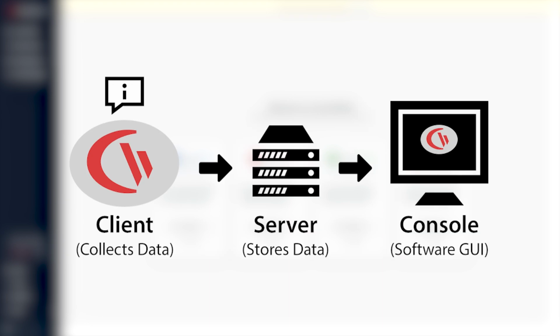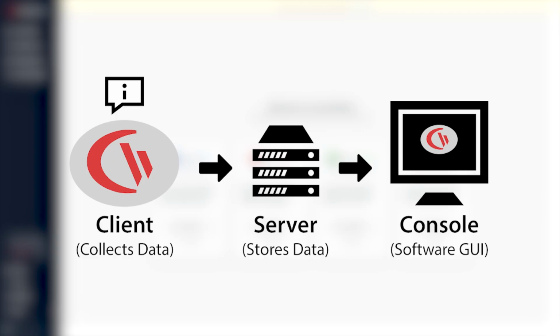First off, let's go over how Kernware works. Kernware operates on a client-server model. The Kernware console and server will be installed on a dedicated computer or server in your network. The web console allows you to manage your Kernware policies and run reports from the convenience of a web browser on any computer in your network.